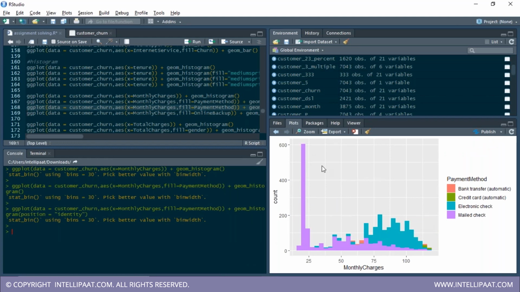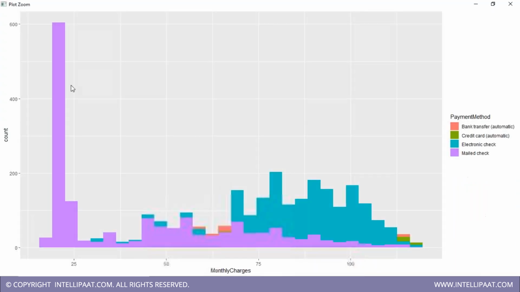Over here, mailed check has the maximum count. The other values basically go behind this. The other bins which you saw in the earlier graph, electronic check, credit card, and bank transfer, have been stacked behind this mailed check. So identity basically shows you the true identity. The other categories go behind this original histogram. So this basically helps you to